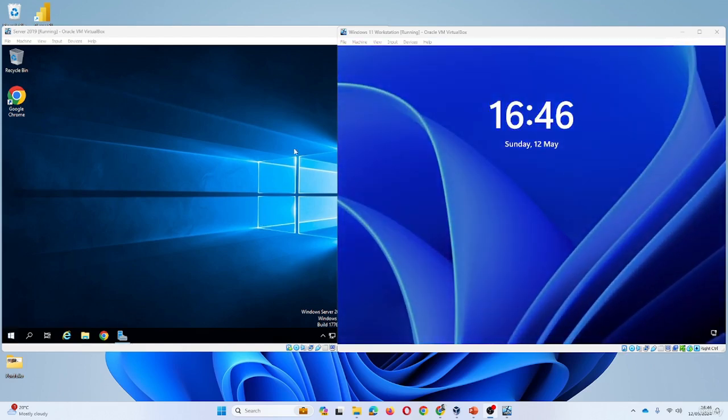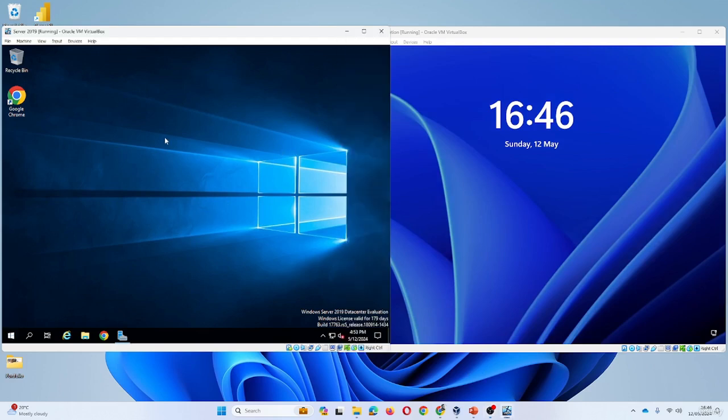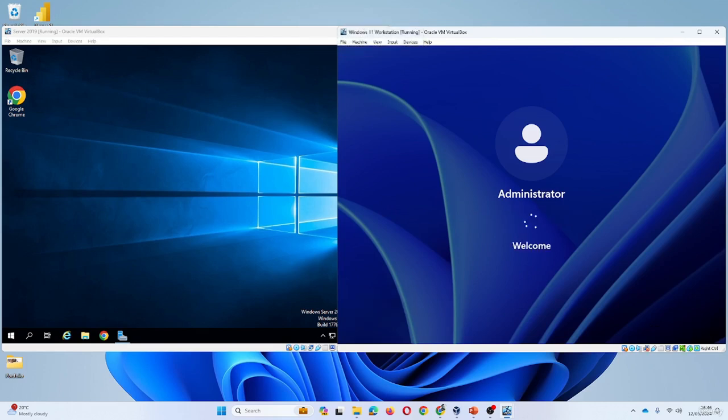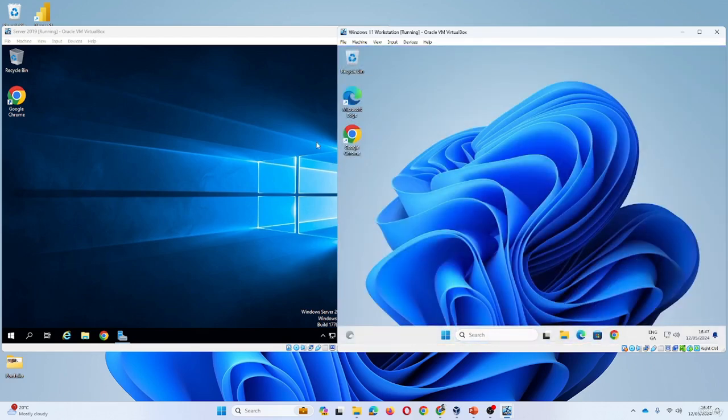So I have these two instances running side by side. This is the Server 2019 and this is the Windows 11. I'm just going to log into the Windows 11. When we set up these installations in the last lesson, we only installed Windows and we installed the server. We didn't do any network configurations whatsoever. So it's just using the host adapter, the bridge adapter or whatever adapter is set up by default at the moment,